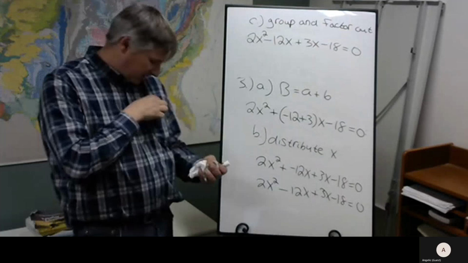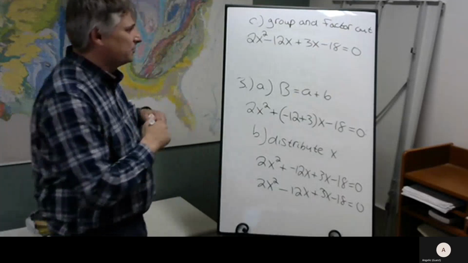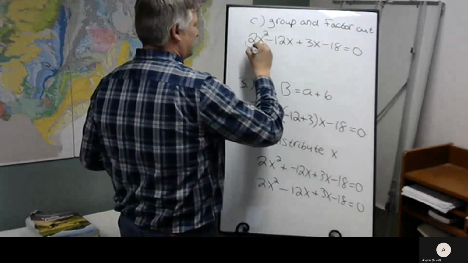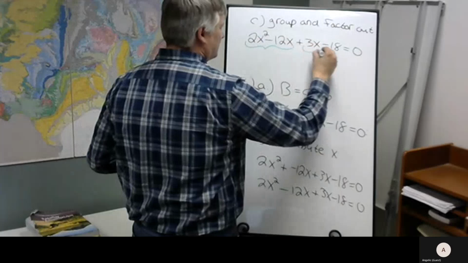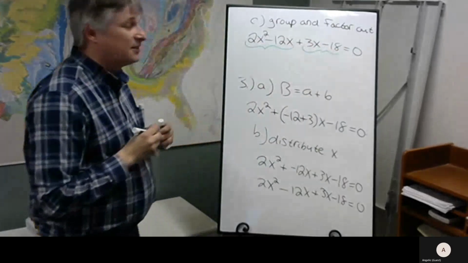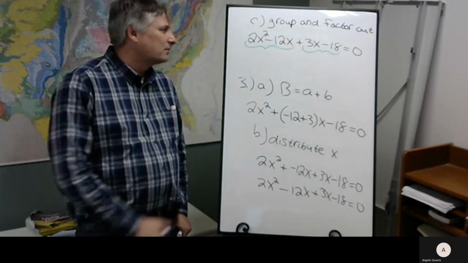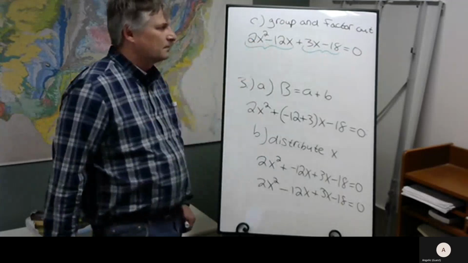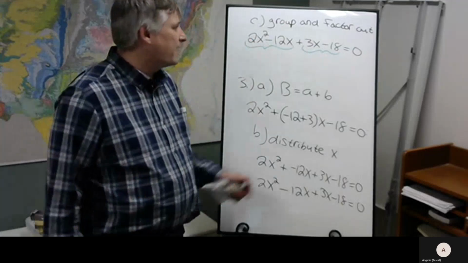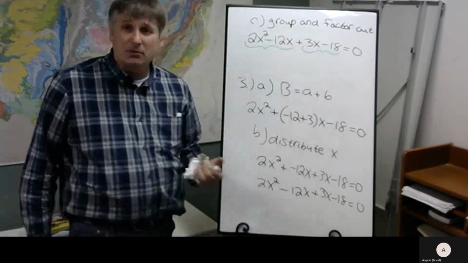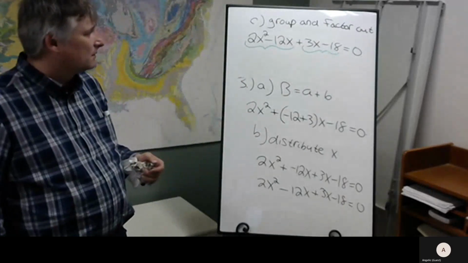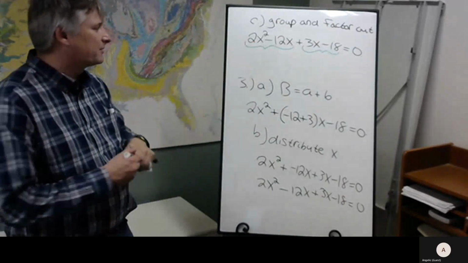So the way we're going to group this, let's group these two terms and these two terms. And what could we factor out of these two? And then what could we factor out from those two? Well, from these two, we can factor out